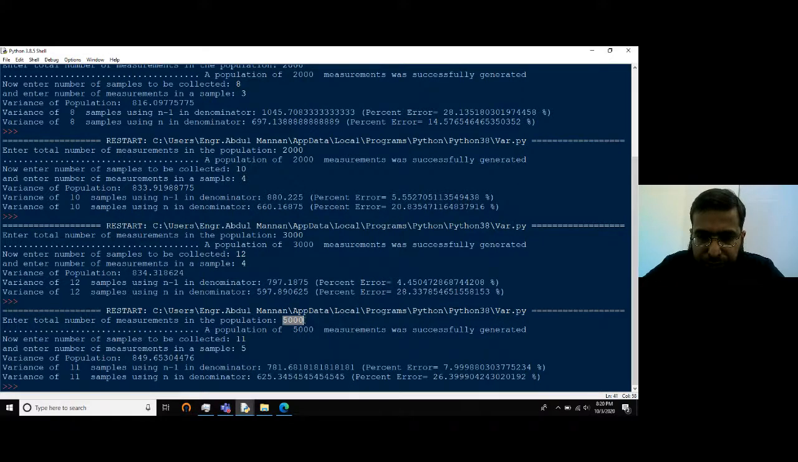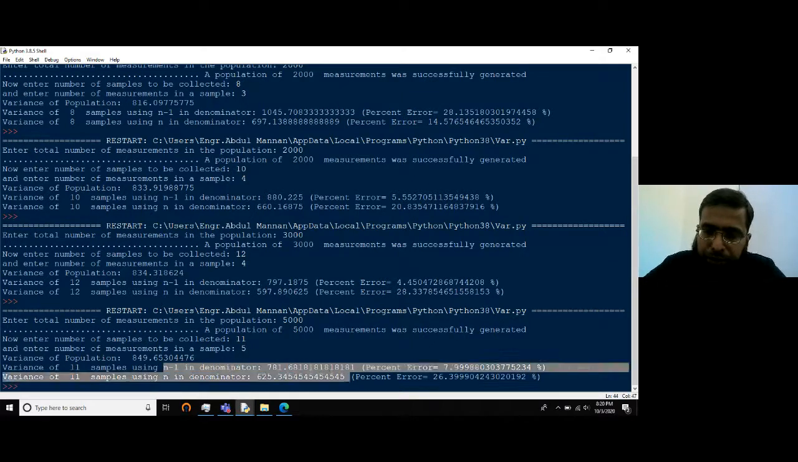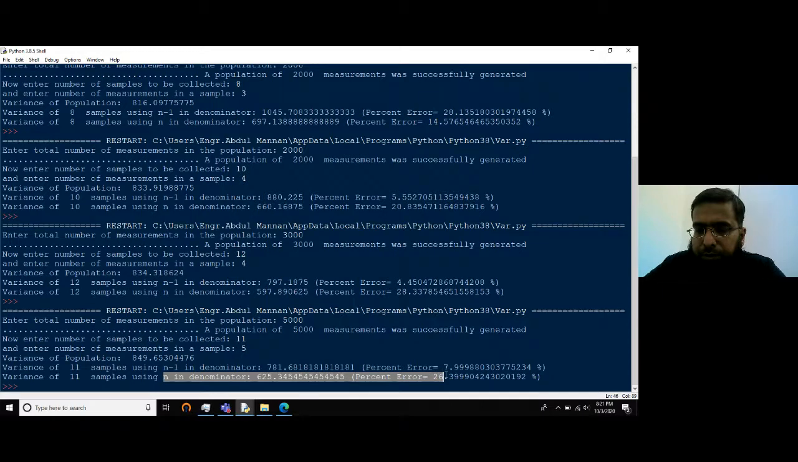You can try different settings, and you'll see that out of a larger population, if we collect a reasonable number of samples and the sample size is small, the percentage error produced by the formula using n-1 in the denominator is smaller compared to the formula that has n in the denominator, giving us a good reason to use n-1 in the denominator